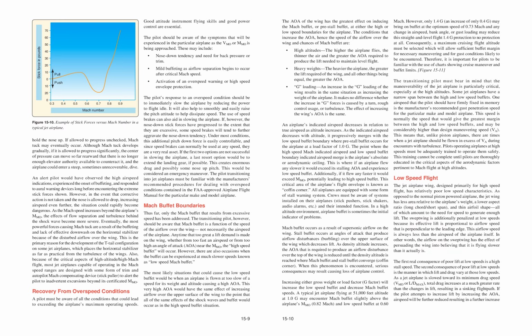The second consequence of poor lift at low speeds is the manner in which lift and drag vary at those low speeds. As a jet airplane is slowed toward its minimum drag speed, VMD or L/Dmax, total drag increases at a much greater rate than the changes in lift, resulting in a sinking flight path. If the pilot attempts to increase lift by increasing the AOA, airspeed will be further reduced, resulting in a further increase